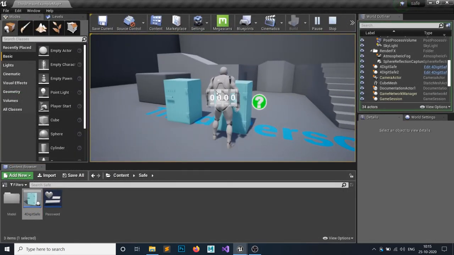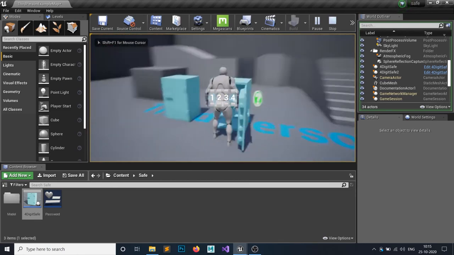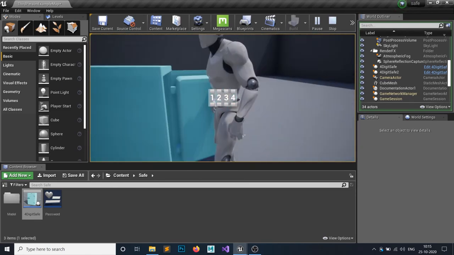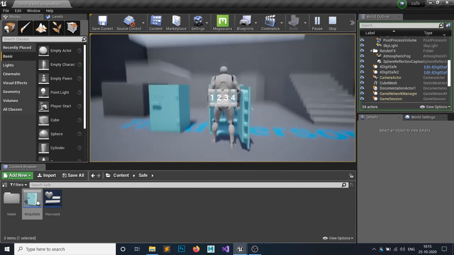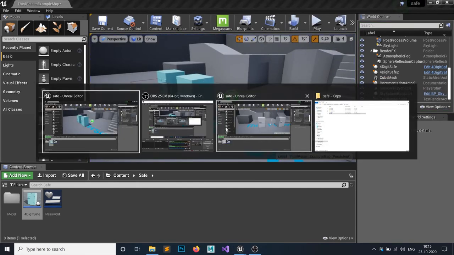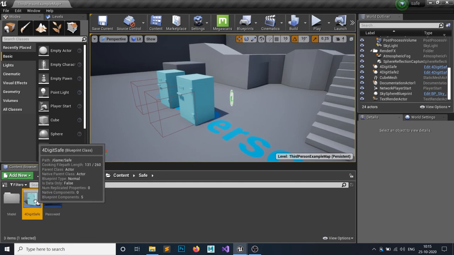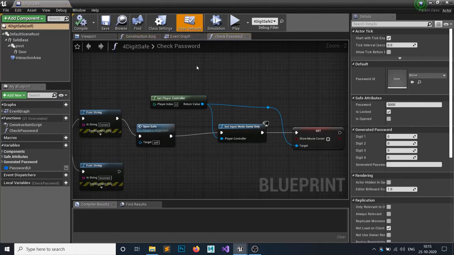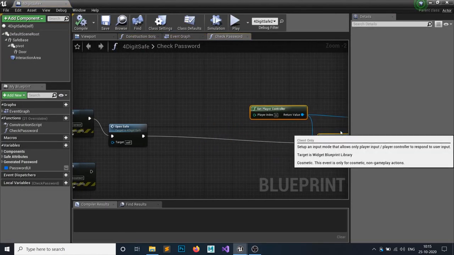So yep, 1 2 3 4. Okay, it is not going back. Yep, it is going back. Okay, make a room.